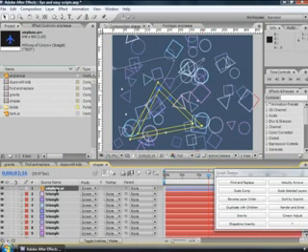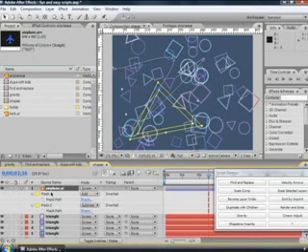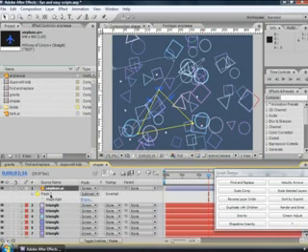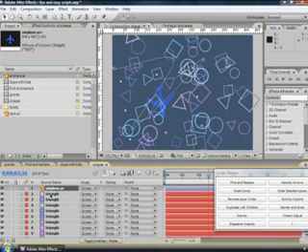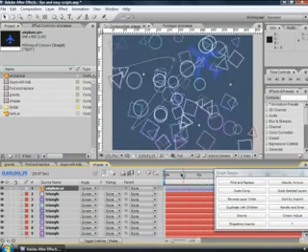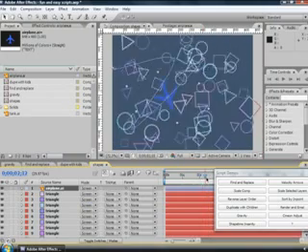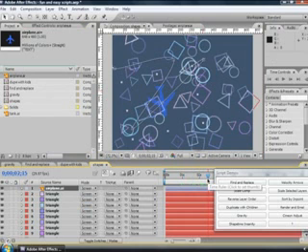And here we have these masks still, so I'm going to hit the letter M to reveal the masks, and one at a time I'm going to select these and delete them, and now we have our airplane. And if we scrub this composition, we have this airplane picking up the same position, rotation, opacity, etc., that